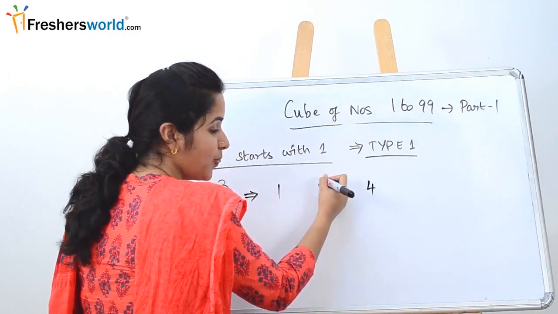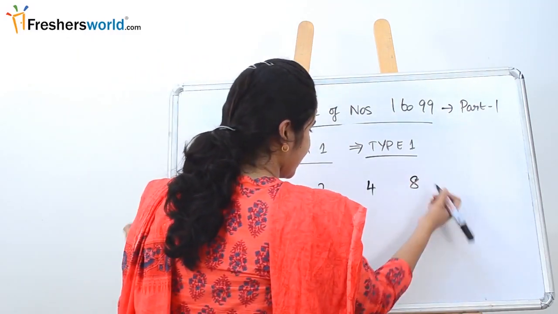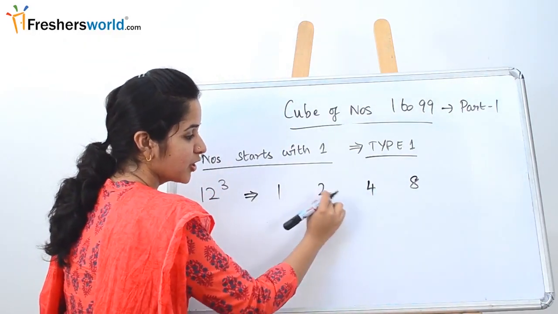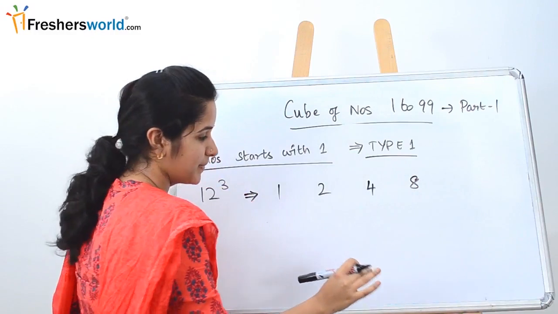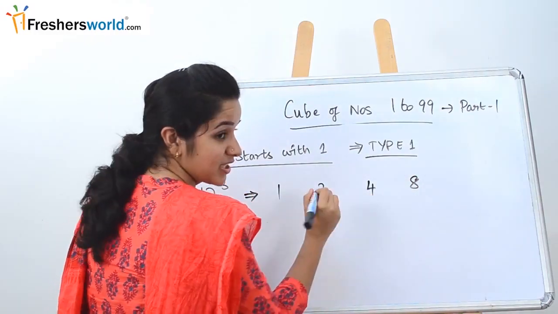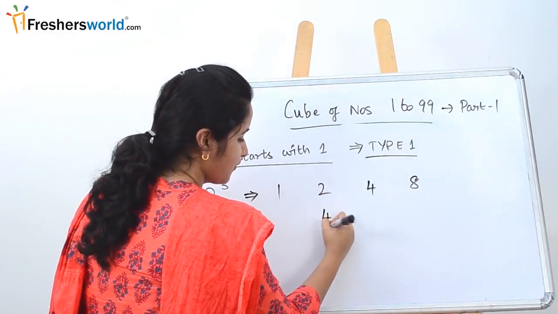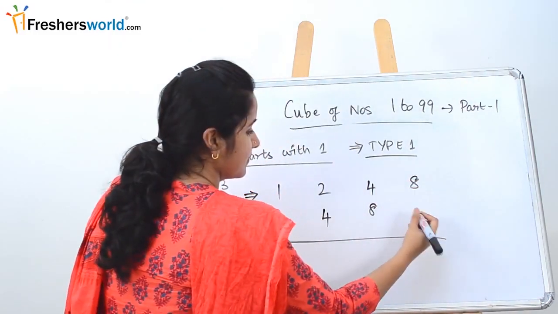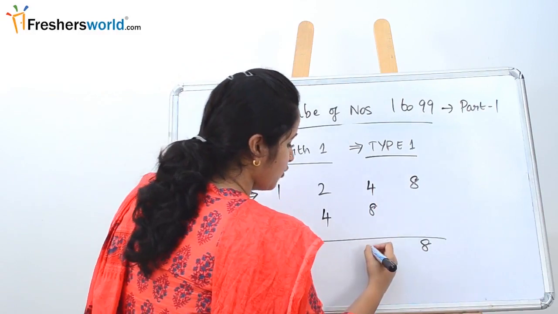Now make the cube of the second digit. 2 cube is 8. So what is the first step that we did? We did the square of it, write it here. Cube of it, write it there. Next step is multiply the middle two digits into 2. So 2 into 2 is 4. 4 into 2 is 8. So let's start adding it. So 8. 8 plus 4, 12.